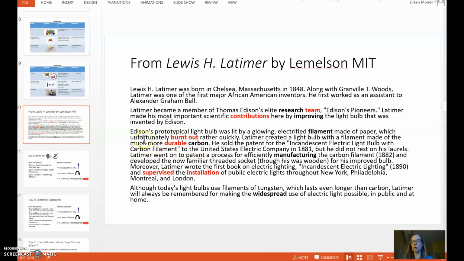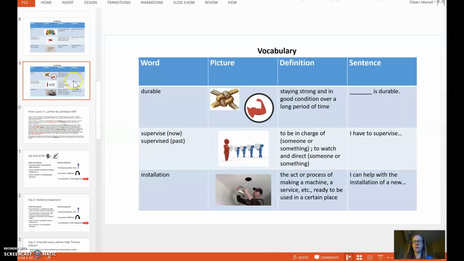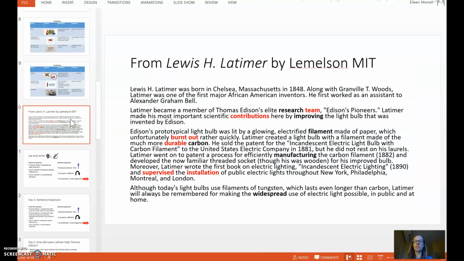I remember durable from yesterday. Durable is strong, staying strong and in good condition over a long period of time. So if Edison's light bulb burnt out quickly and Latimer's light bulb was much more durable, I could say